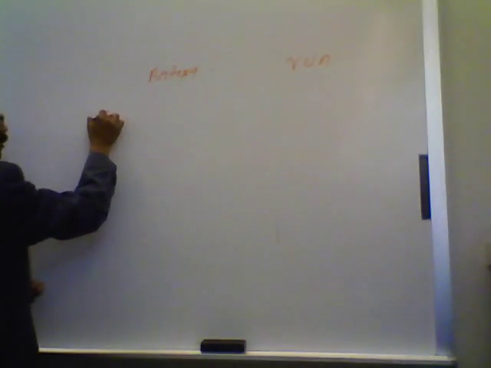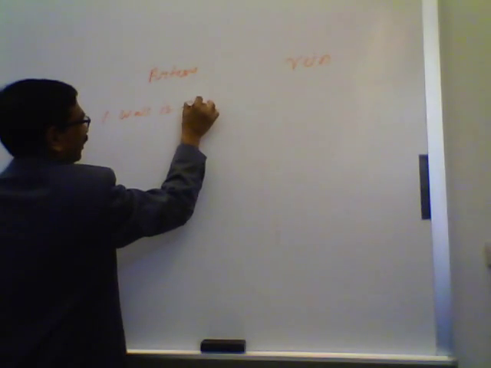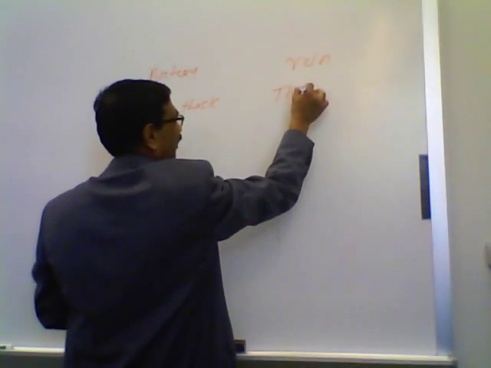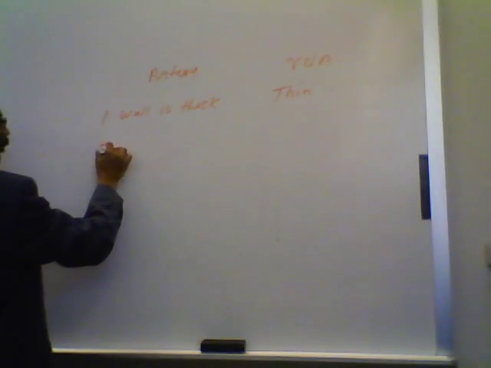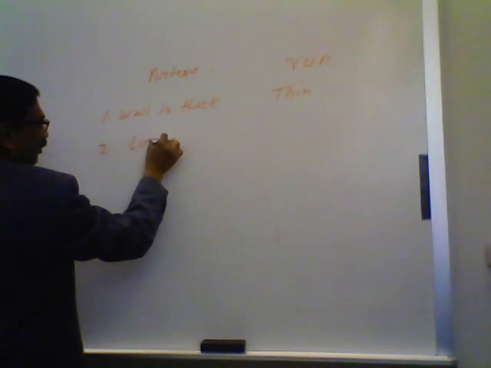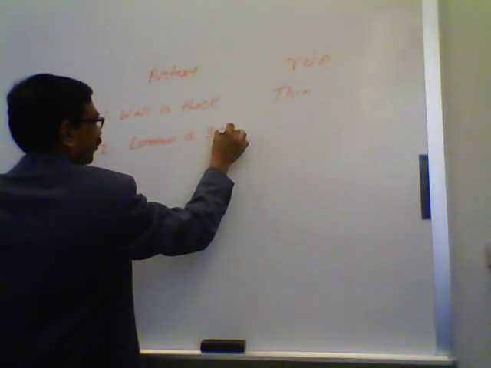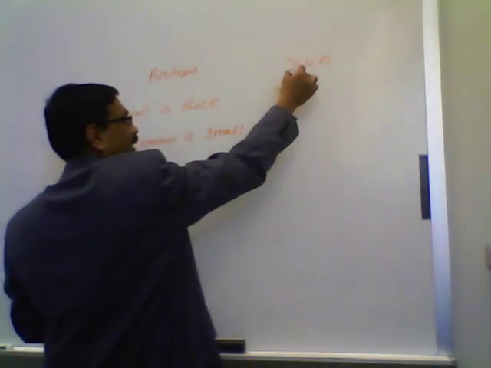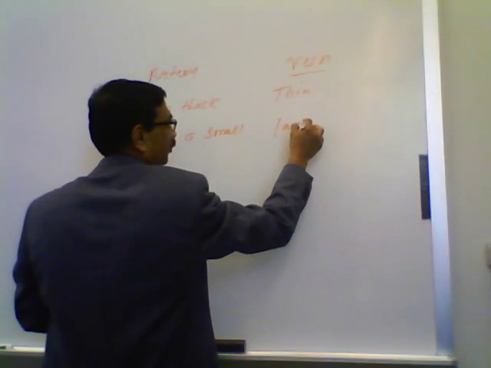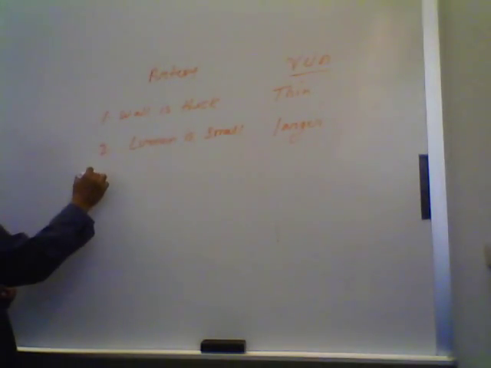In the artery, the wall is thick. In vein, the wall is thin. Number two, since the wall is thick, the lumen is small or narrow. Since the wall of the vein is thin, the lumen is large. Okay. Another thing,